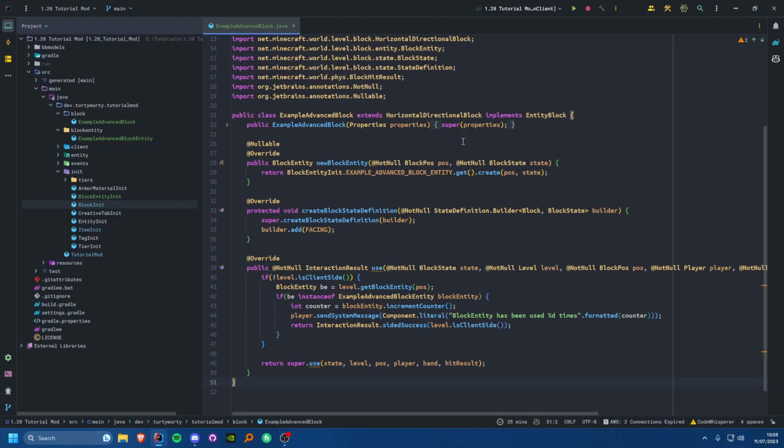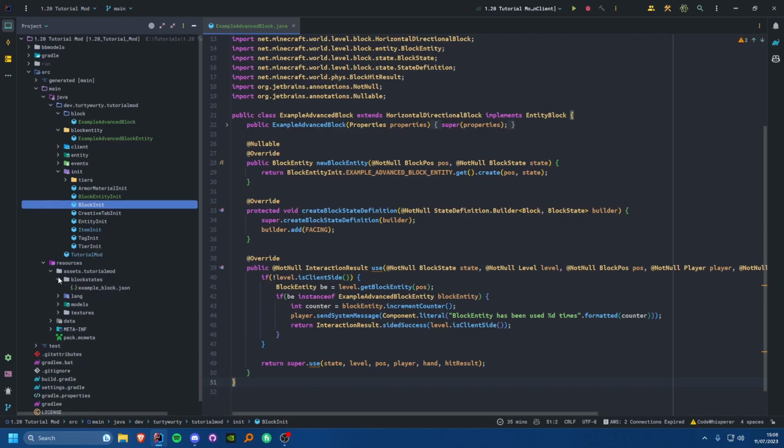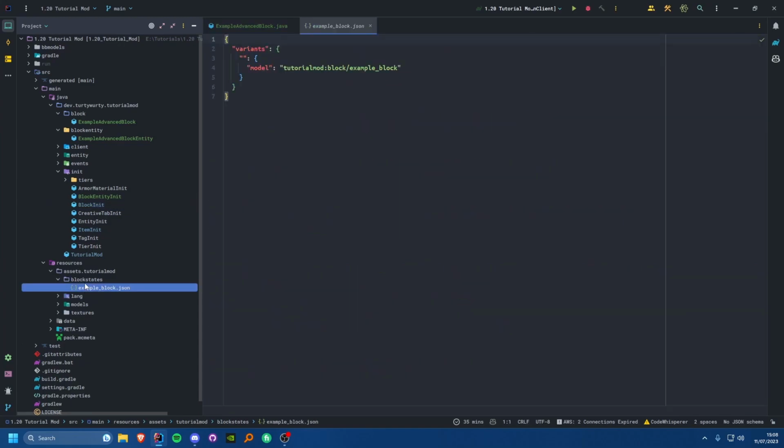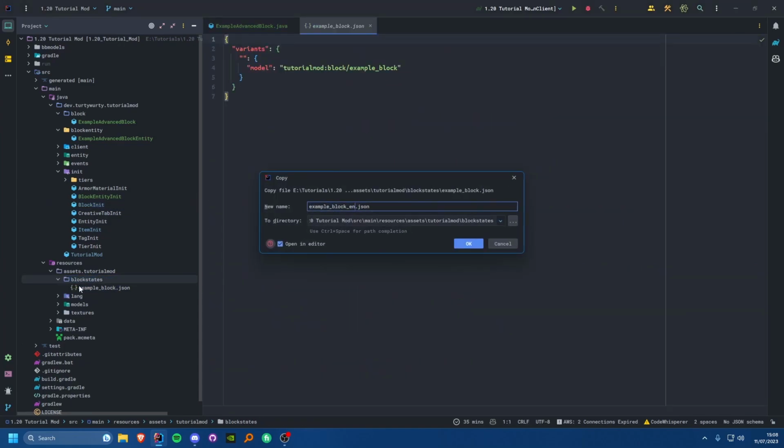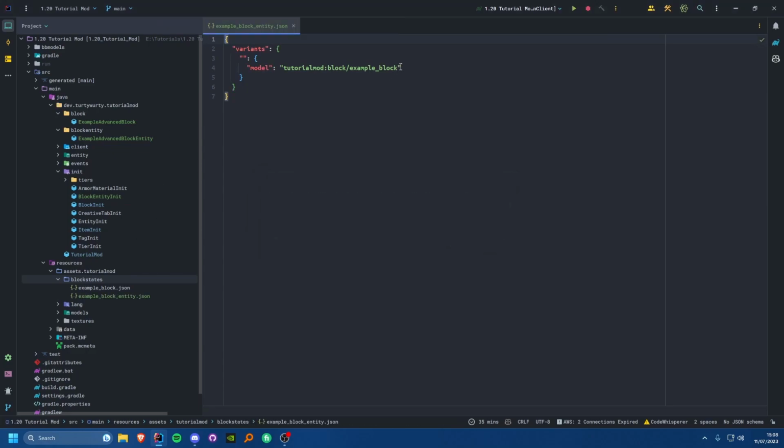Now, one important thing to notice is that since we are using a horizontal direction property, so we're using a facing property, you need to add that to your block state file. So if we just go assets, tutorialmod, I'm going to copy this block state right here, and I'm going to call this example block entity. And inside of here, we're just going to want to add those facings. So facing equals north. You're going to want this model here, just your default model, nothing special.